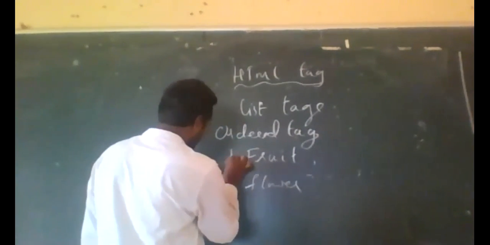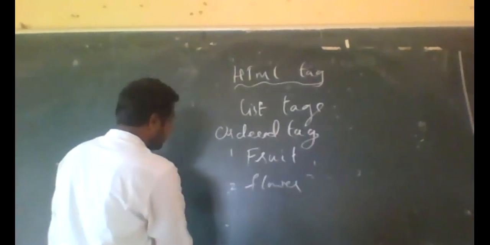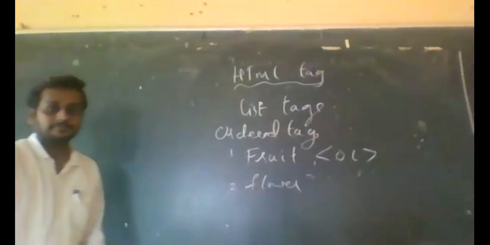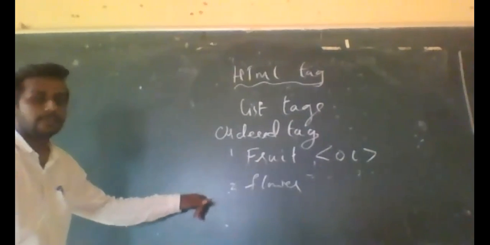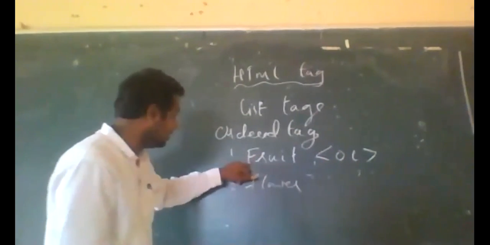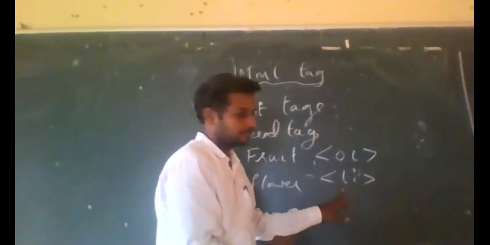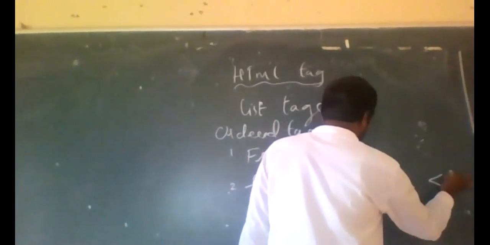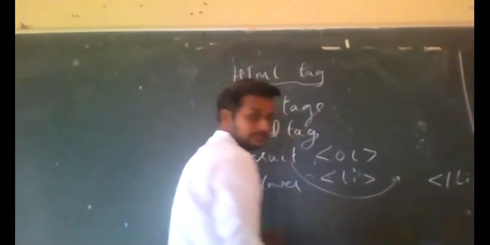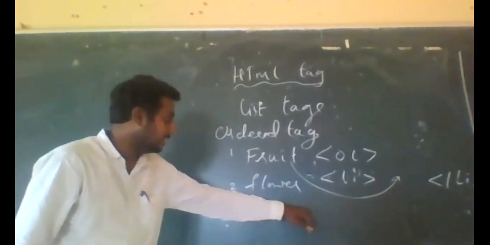flower. So if I use the order, I may use 1, 2, 3. For writing this, you will use the OL tag, the ordered list tag. OL tag is nothing but the order tag. Which content do I want to make ordered? Here I have fruits, flower. So I write the LI list tag, then LI close. I can write fruit here, so the name is written here. It will display one. Second one, if I write the same thing, flower, and go on, it will add